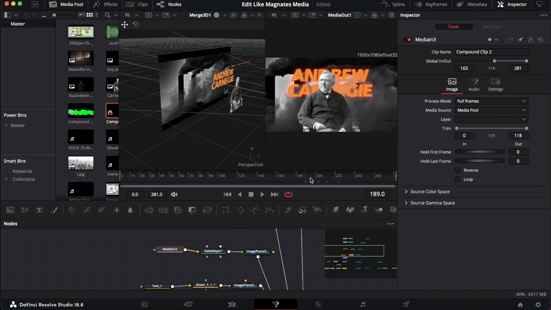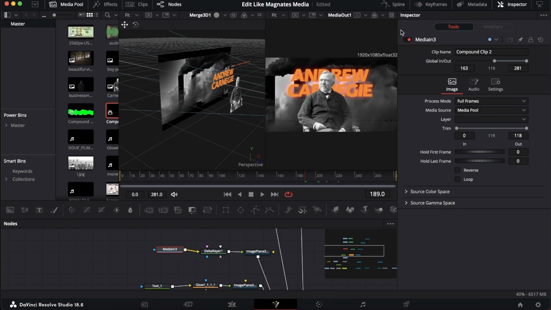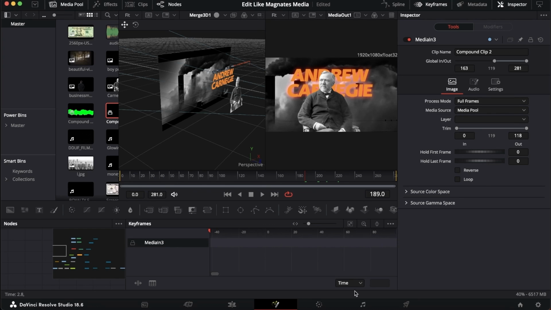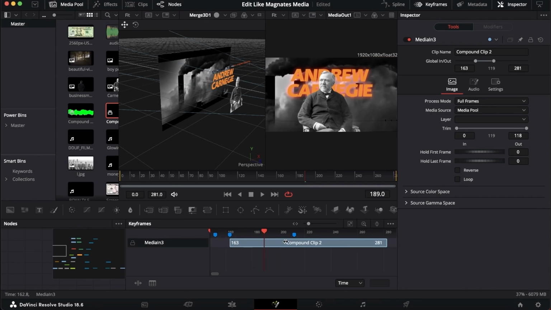But to move it over here, because that's what I need to do, I went to the keyframes tab, highlighting this compound clip. And then you open the drop down, or you just highlight it. Then you click zoom to fit, and you can see frame 0 is right here. So frame 0 correlates to frame 0 right here. The clip is going to be at frame 0 if you just drag it in, but you can just click, hold, and drag, and you'll get this icon, and you can move it around to whatever part you want it to start at. So I lined it up to the actual Magnates Media intro, and I decided to start it at frame